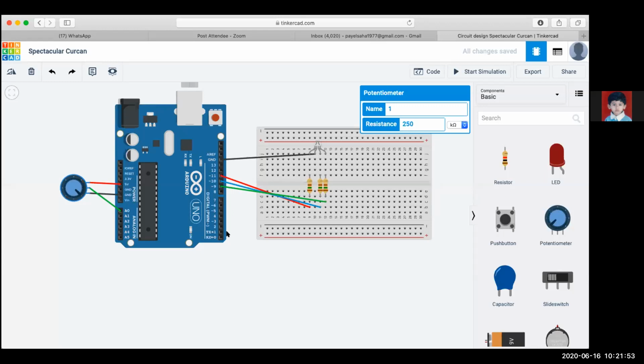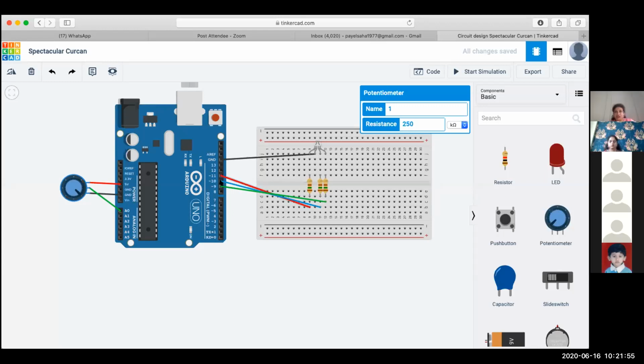But on the output side, on the right side, the PWM pins can go from a minimum of 0 to a maximum of 255, that you have seen in the slides. That means they are capable of exhibiting 256 different values. 256 means 2 raised to 8, so they are encoded in terms of 8 bits.